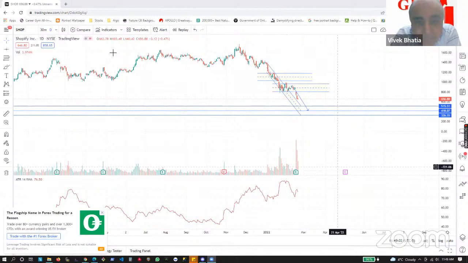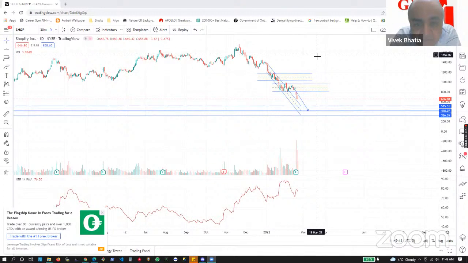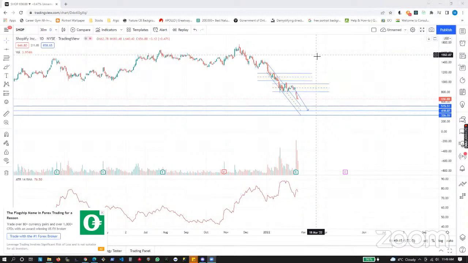Okay, so I'm doing the Shopify NYSE, and I'm on the daily chart, 1 day chart over here. As per me, it is in a really good downtrend at this point. I am only looking for the entry point because I want to go long. Long could be anywhere between 2 months to, actually my original plan is 3 to 5 years holding, but even for the swing trading, it is going to be 2 to 3 months at this point, the way the